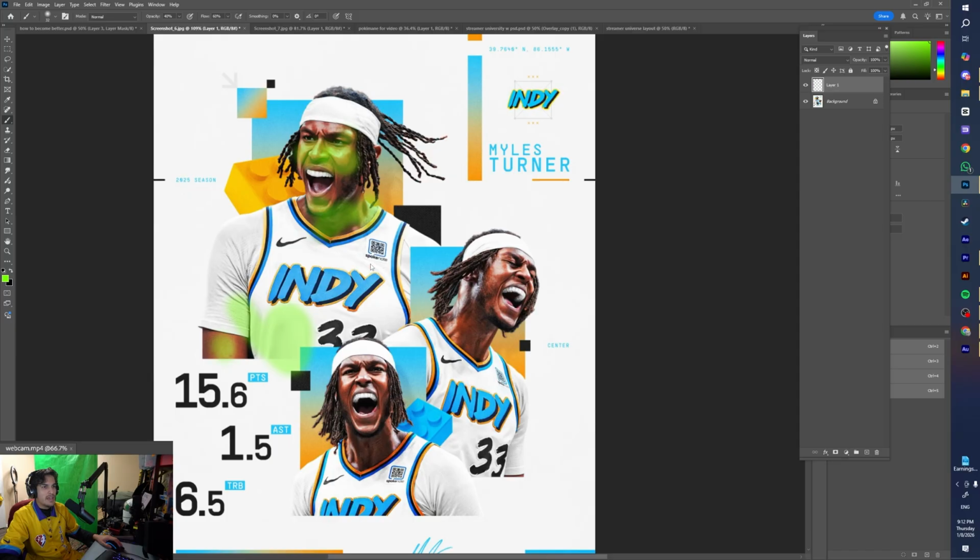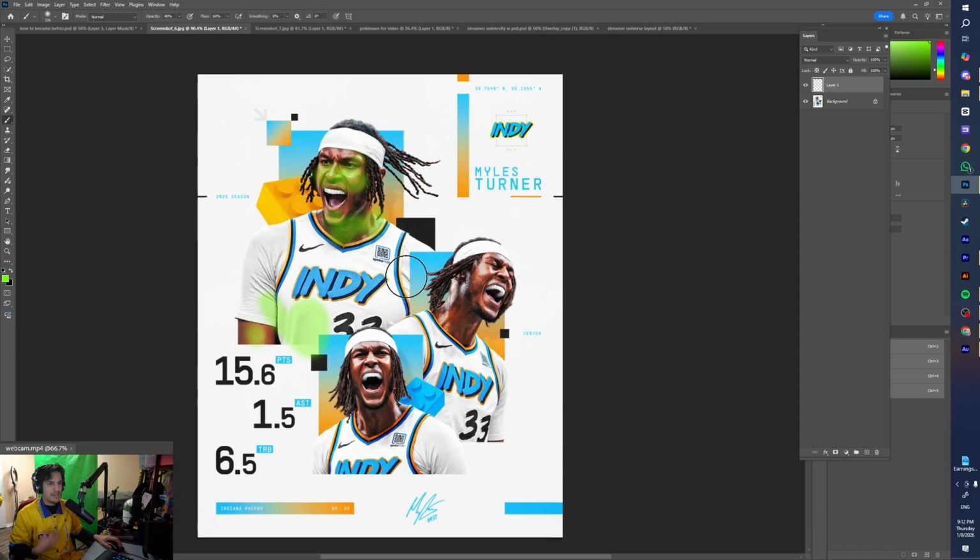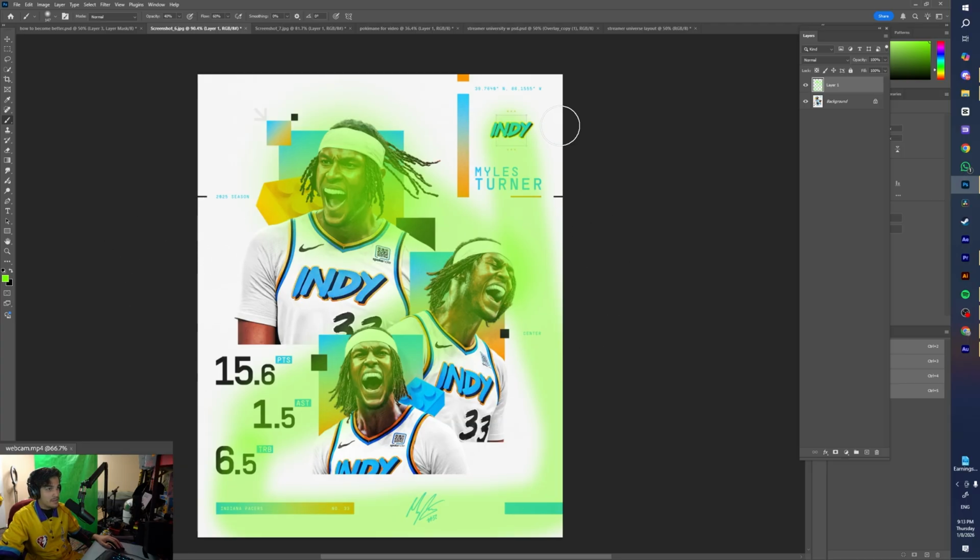And yeah, next thing we can look at, one of the most important things that I like to look at, is the visual flow of the design. When you're looking at a design, where does your eye go? For me, first is going to be the big subject of Miles Turner, and then it's going to go down like an arrow shape to the second subject, third, down to the stats, and then it's going to go around the design. Our eyes are just going to go around, see what else is there.